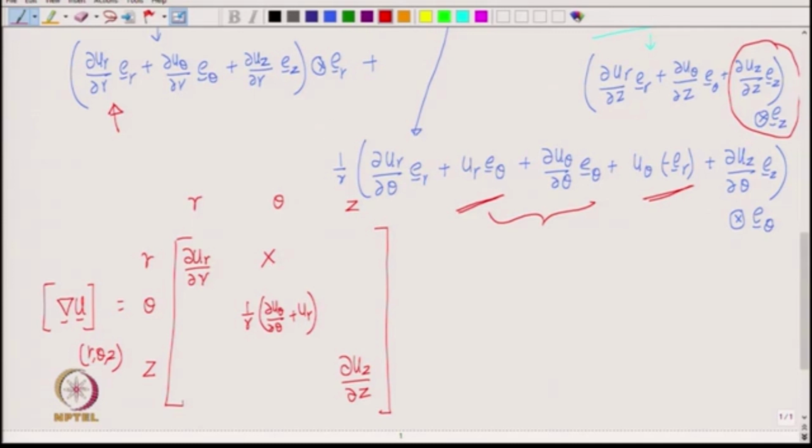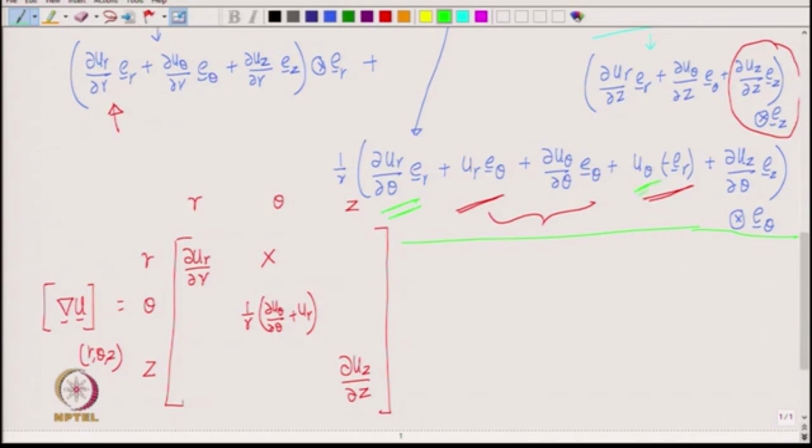Now, let us have a look at where is E r tensor product E theta. So, we have to look at this expression, because this has the second one as E theta, and then its E r component. So, E r tensor product E theta, and you can see it is here and